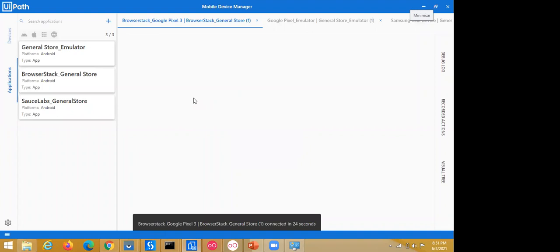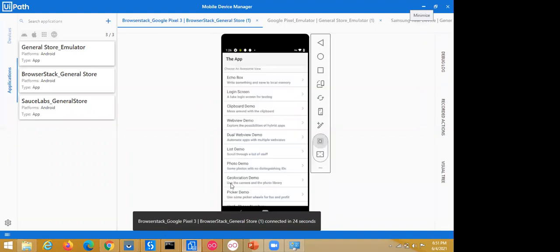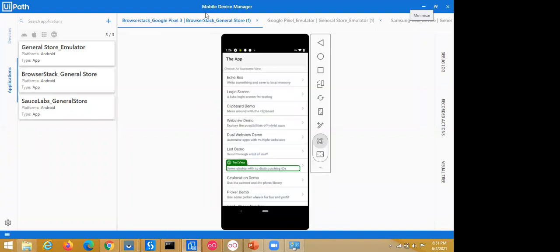So guys, right now, suppose you don't want to set up with Appium and Android Studio, everything is on a cloud. So now this UiPath Mobile Device Manager is connecting with the cloud. That's why Sandeep has entered the Appium URL, because this Appium is running on the BrowserStack cloud. Sandeep also has uploaded the APK file, or IPA file if you want to do iOS automation. So that's also there, and directly it's connecting with there.